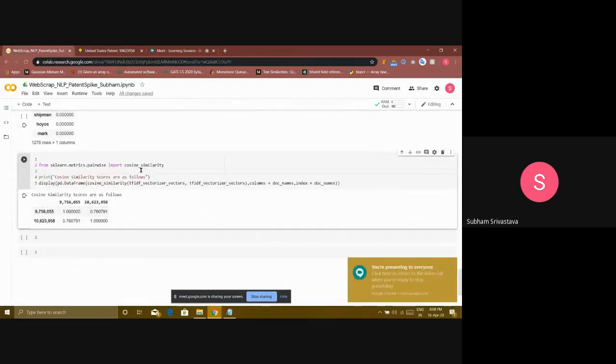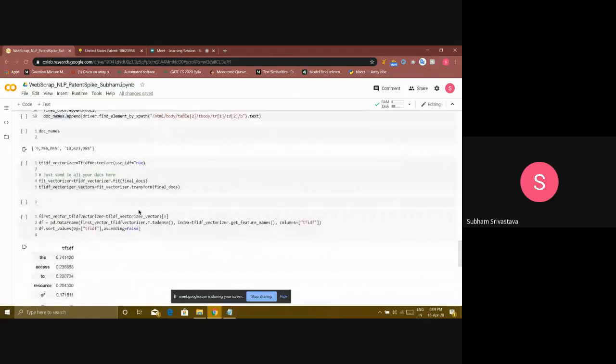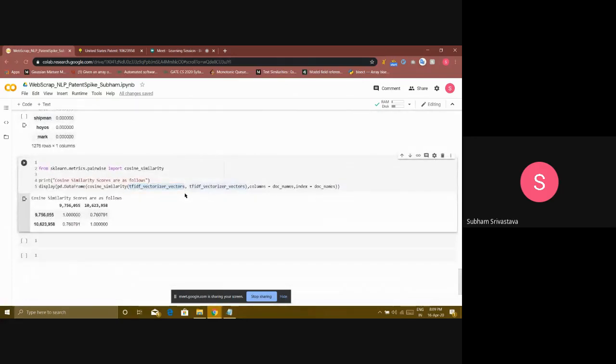So here I was talking about cosine similarity. What it is doing as of now: with the TF-IDF vectors, which are the vectors of 0 and 1, as I am giving them directly, it gives me a matrix with each document having its similarity scores.